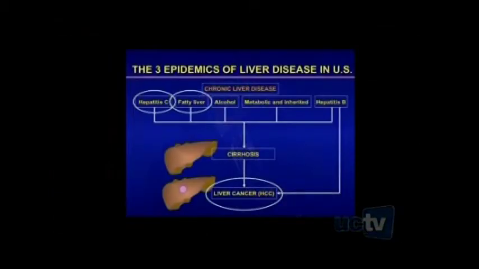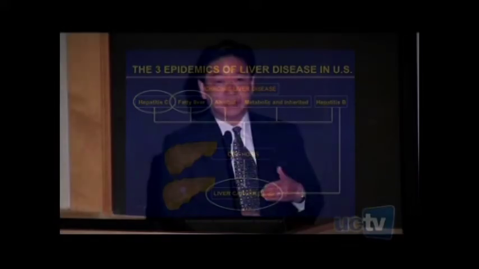We're now faced with 3 epidemics in liver disease. Dr. Ascher already talked about that. Hepatitis C, dealing with about 5 million individuals in this country. Fatty liver, we see the map about people with high BMI, so it's clearly linked to obesity. That's an increasingly difficult problem that we face. A typical patient with fatty liver has obesity or significant weight gain over the years, type 2 diabetes and insulin resistance, and high lipids, primarily triglyceride, which is a reflection of dietary fat intake. So you have the combination of 3. We call that full metabolic syndrome.